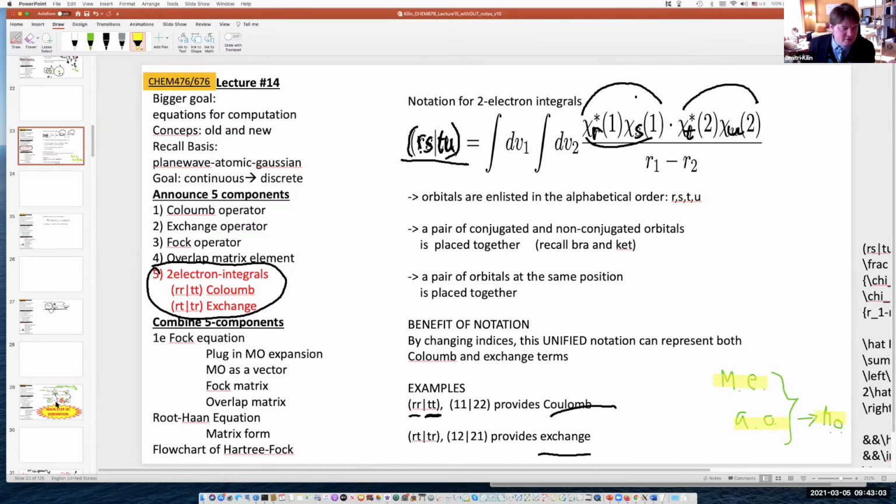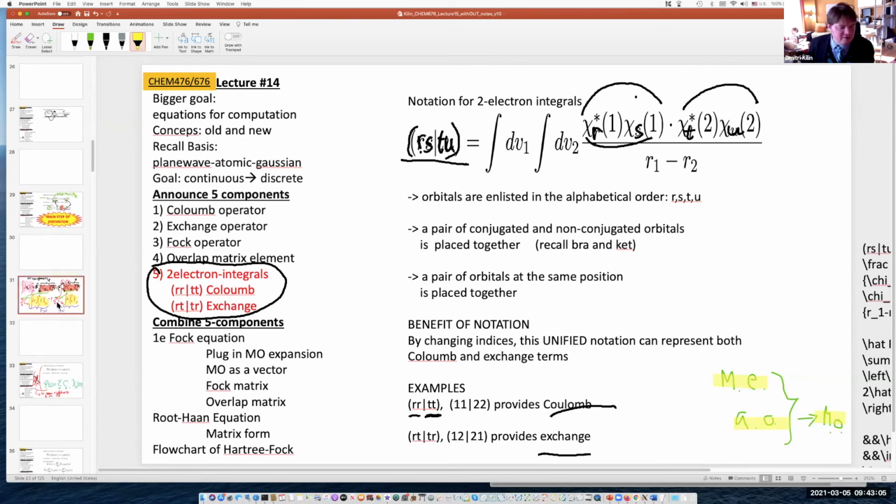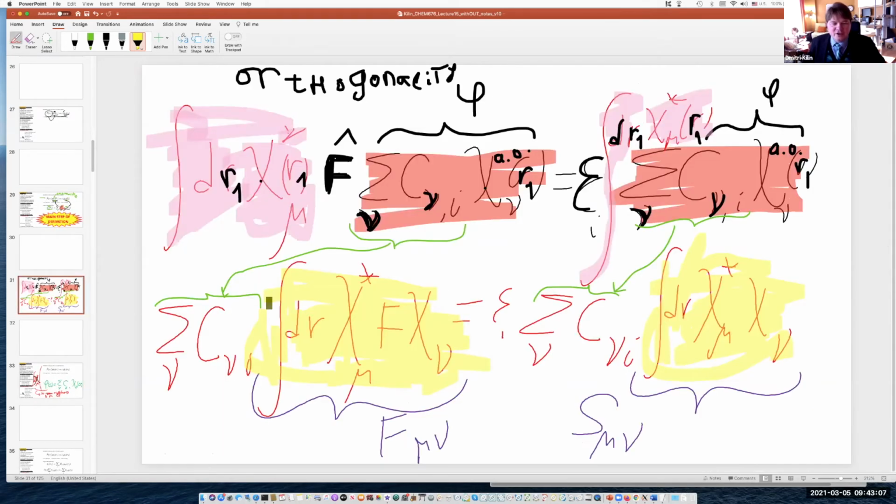Right now, let's go back to this slide. So you see this yellowish highlights. They deal with atomic orbitals only. They compute matrix elements in basis of atomic orbitals. So this F sub mu nu and S sub mu nu